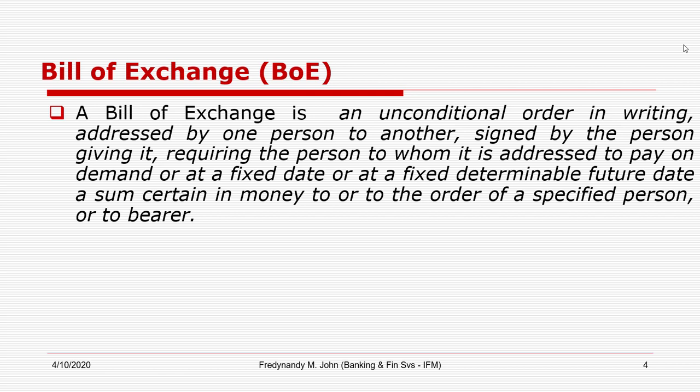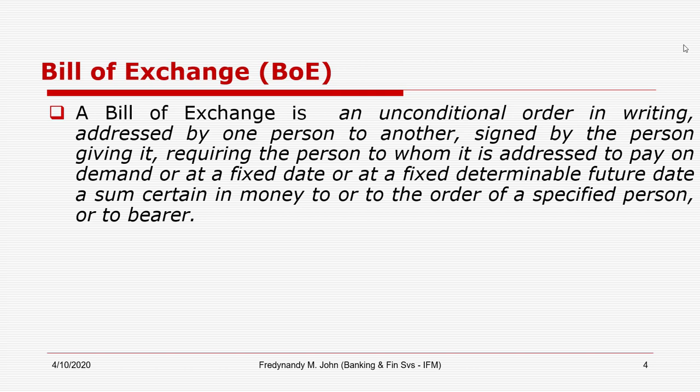Now, to fully comprehend the meaning of this definition, we need to come up with some fictitious participants. Let's assume that Mr. Freddy is a creditor of Azam. Azam is a company that has just received some supplies from Mr. Freddy. That is to say, now Azam is a debtor of Mr. Freddy. Azam owes Mr. Freddy 20 million Tanzanian shillings, and Mr. Freddy will prefer to get paid by the 3rd of April